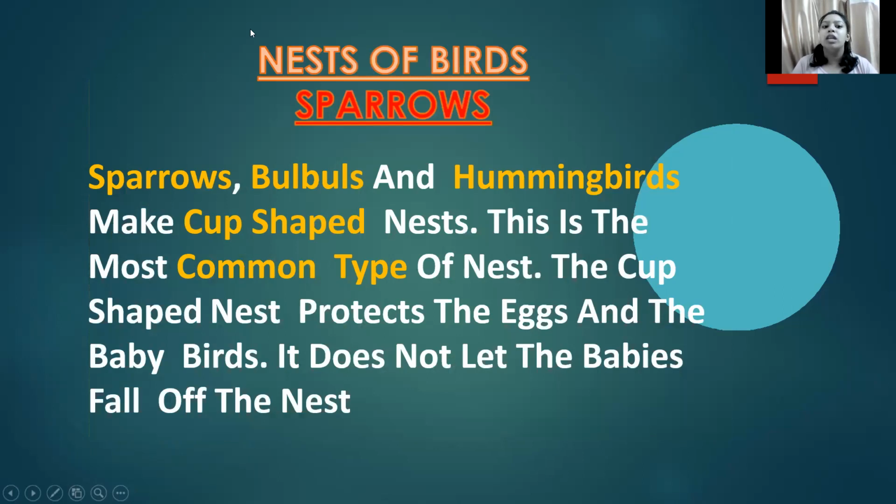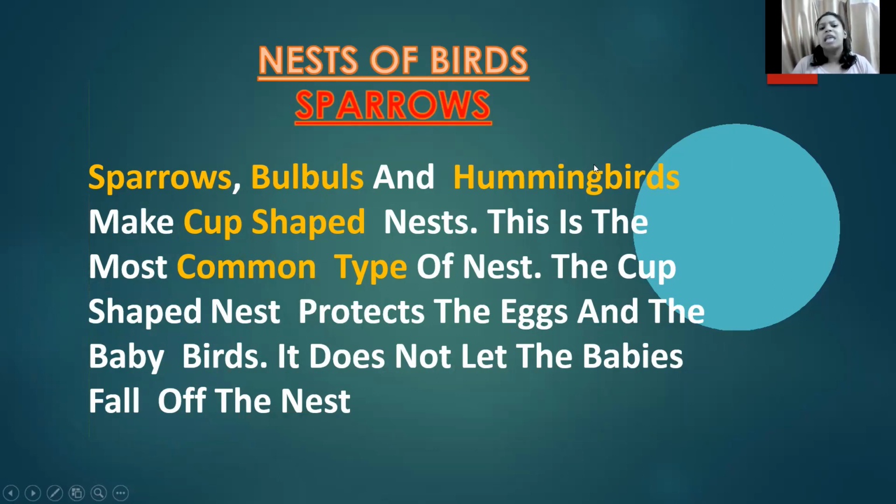Okay, now moving on, nests of birds. Sparrows, bulbuls, and hummingbirds make cup-shaped nests. This is the most common type of nest. The cup-shaped nest protects the eggs and the baby birds. It does not let the babies fall off the nest.